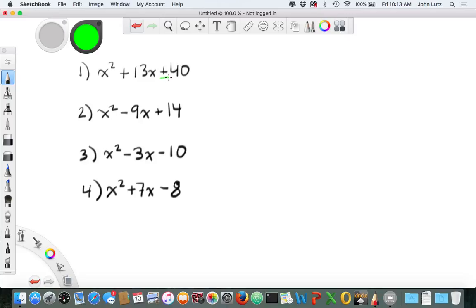One where the two signs match and they're both pluses. One where they don't match and the second one is a plus. Then I have one where they both match and they're both minuses, and one where they don't match and the second one is a minus. Okay? So the first thing I want to say is